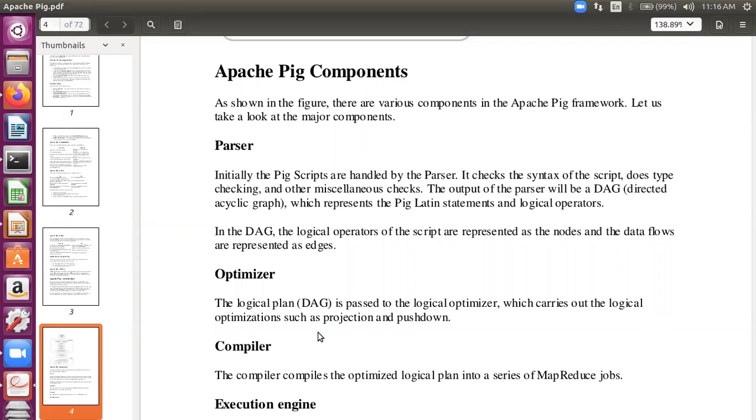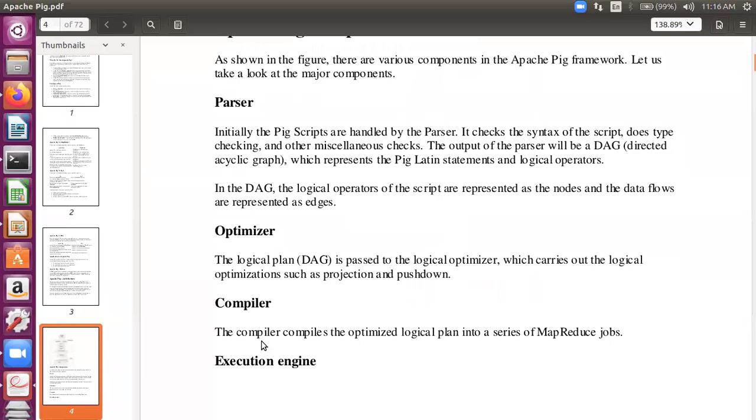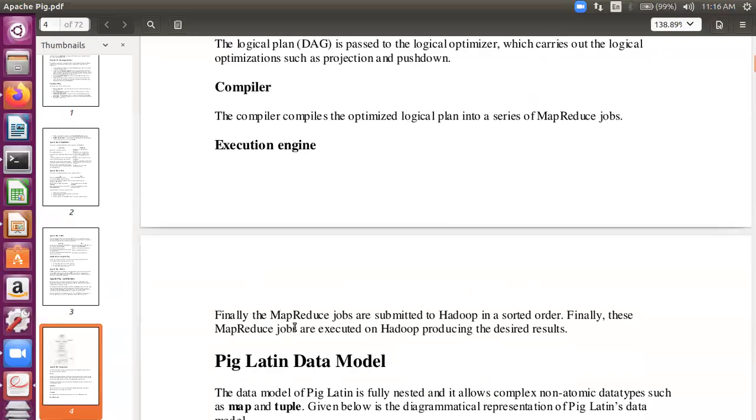So the optimizer does projection and pushdown, and then your optimized logical plan is converted into a series of MapReduce jobs by your compiler. Then, in the execution engine, these jobs are submitted to Hadoop in sorted order, executed, and the desired results are produced.